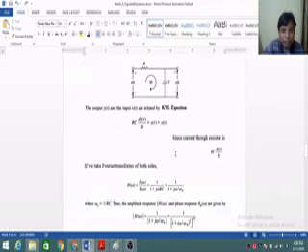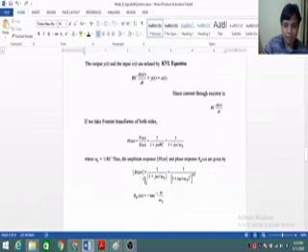Here we also studied how to find out the transfer function for a system whose differential equation is given. Suppose this differential equation is given, we have to take the Fourier transform on both sides, then put the ratio of output to the input as H(omega), that is the transfer function, and if we take the inverse transform of this function, we will get the impulse response of the system. As I told you in the 6th week material also, taking the inverse of the transfer function gives you the impulse response of the system.